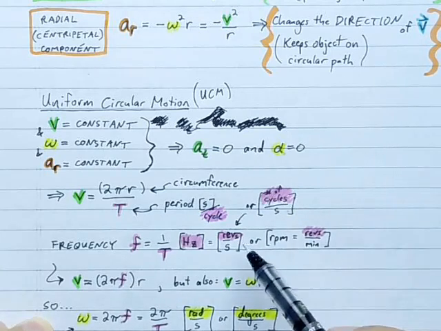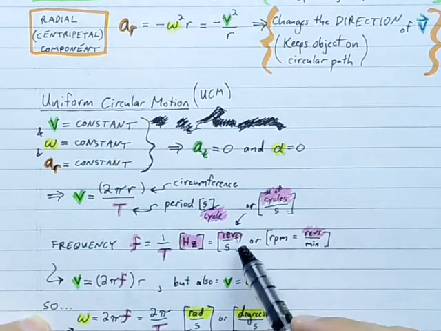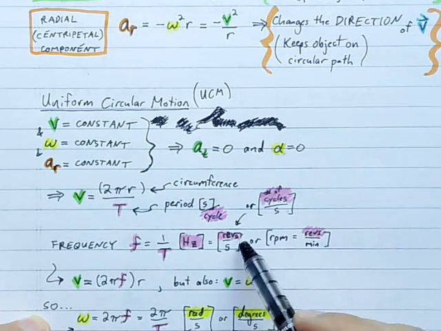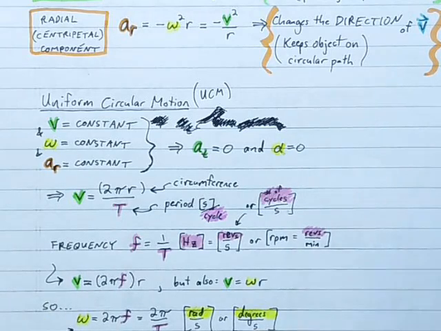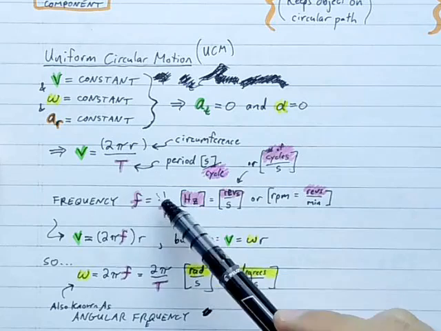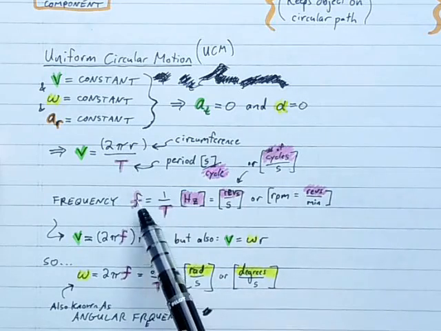And a common shorthand for that is hertz. 1 hertz represents 1 revolution per second. So hertz is our SI unit for frequency. It's one revolution per second. That's 1 hertz. Okay, so based on those definitions here, if the period is the reciprocal of the frequency, then